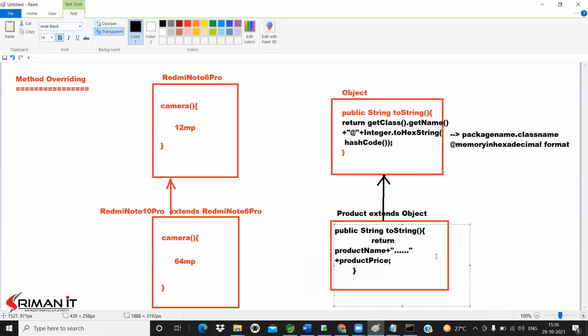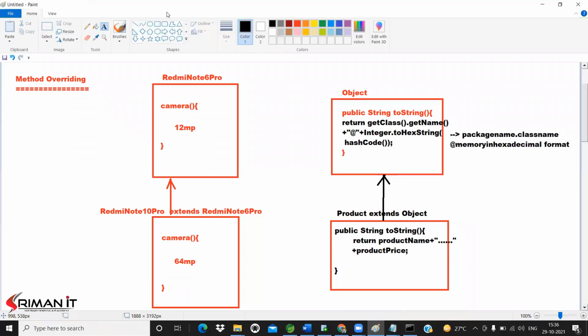This concept we are technically calling method overriding. If you observe the diagram, you can easily understand. Already the toString method is available in the superclass Object. The same toString method we are going to write in our classes also. That we are technically calling method overriding. Please go through our definition again.